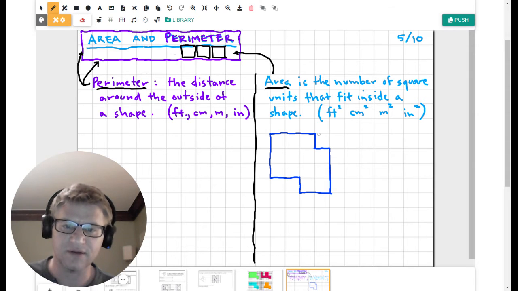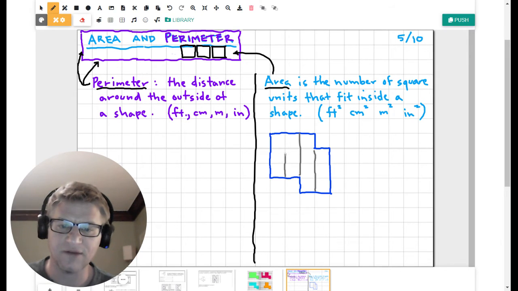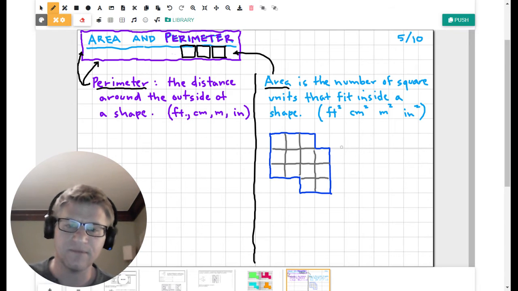Well, one way to do it is instead of doing any calculations, I'm just going to count the squares. So what you're going to do is I'm going to break this down into squares, right? And I'm going to say how many squares are there. And we're going to call these square units at this point. So as I draw these squares into this thing, my area of this shape